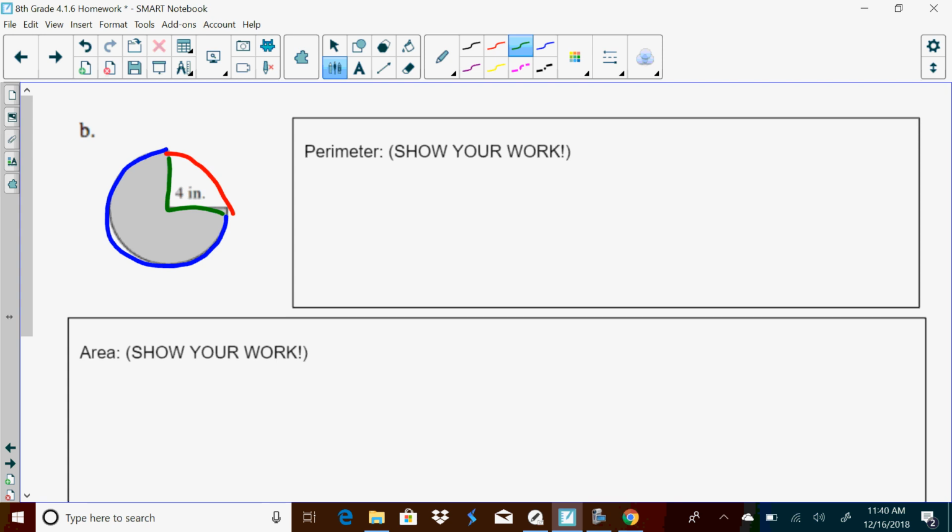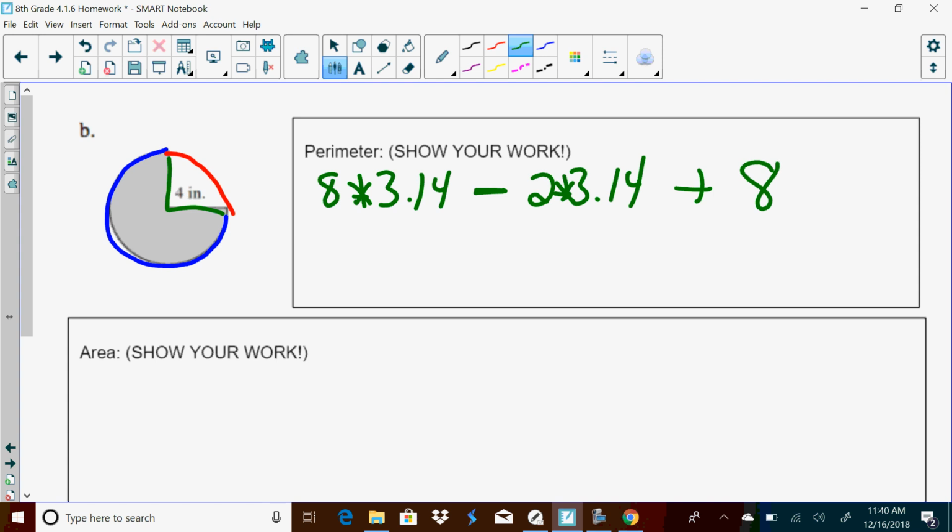So I'm going to do 8 times 3.14, but I'm going to subtract a quarter of that. So a quarter of 8 would be 2 times 3.14. And then I'm going to add 8 because 4 plus 4. So when I did that, I ended up getting 26.84